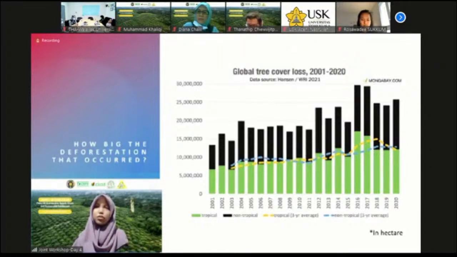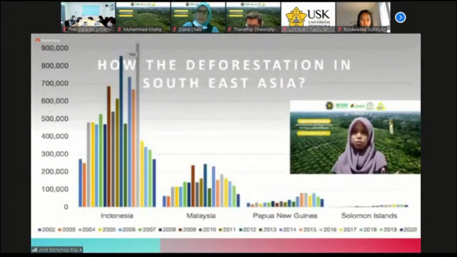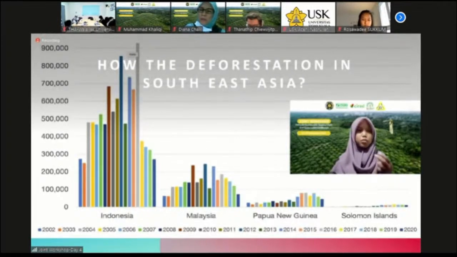And this is the graphic that shows that for the first time since the dataset began in 2002, Indonesia dropped out of the top three countries in terms of tropical primary forest loss. Its primary forest loss was 170 hectares, down 70% from 2009. Malaysia's primary forest loss fell 39% and PNG declined 22%.